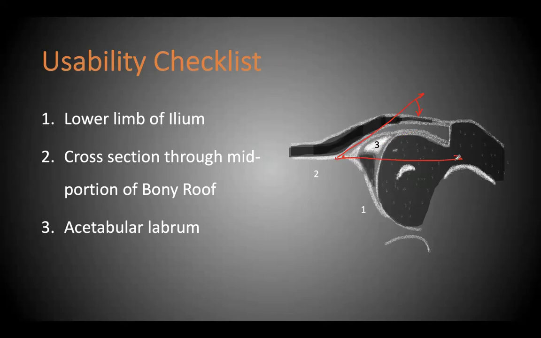So this is your bony roof line. I'm sorry, I can't draw any straighter lines freehand. So this was the baseline. The bony roof line starts from the lower and innermost corner of the lower limb of the ileum. And again, this line would start